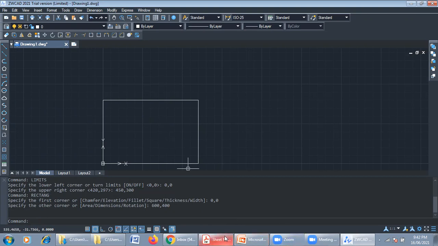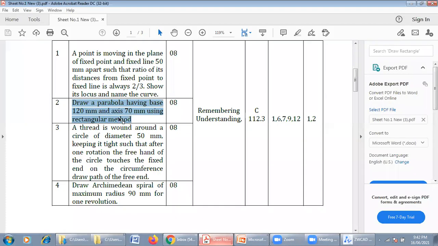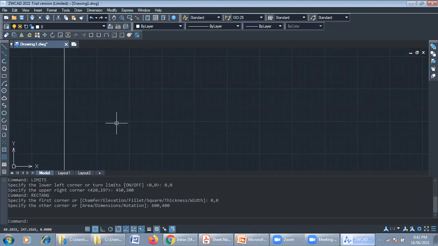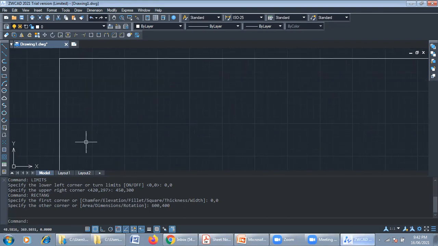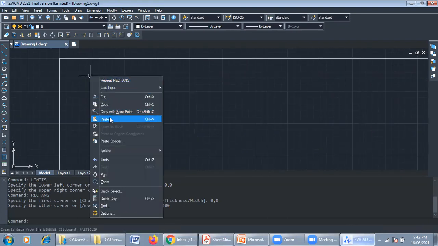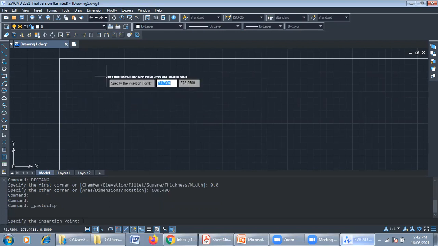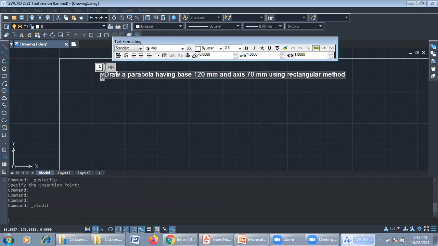Now we have to start the problem. We have to draw the parabola which is given in the question. You can copy it directly as per the question. You can double click on that, and you can change the font size, the color, or the text thickness.